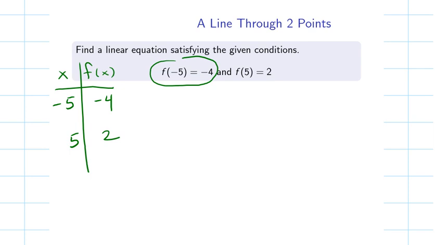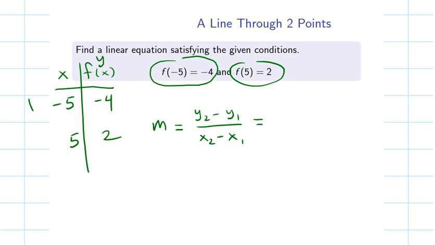And so we actually have an xy table, and so the slope here is going to be y2 minus y1 over x2 minus x1. Let's say that this is point 1 and point 2. That means we have 2 minus negative 4 divided by 5 minus negative 5, and that equals 6 over 10,